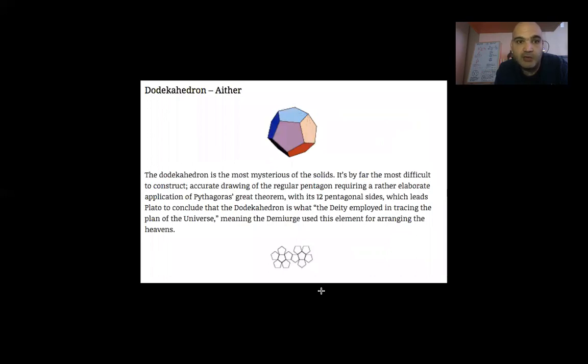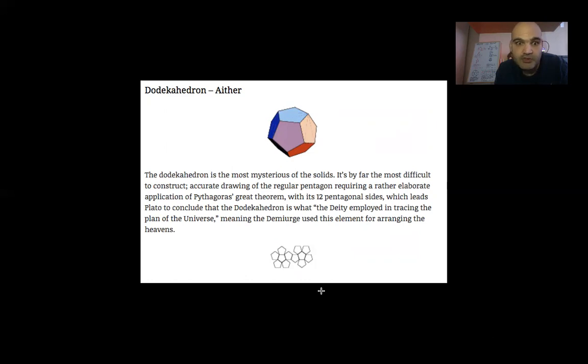And lastly, the dodecahedron, which corresponds with the ether. The dodecahedron is the most mysterious of the solids. It is by far the most difficult to construct. Accurate drawing of a regular pentagon requires a rather elaborate application of Pythagoras' great theorem, with its 12